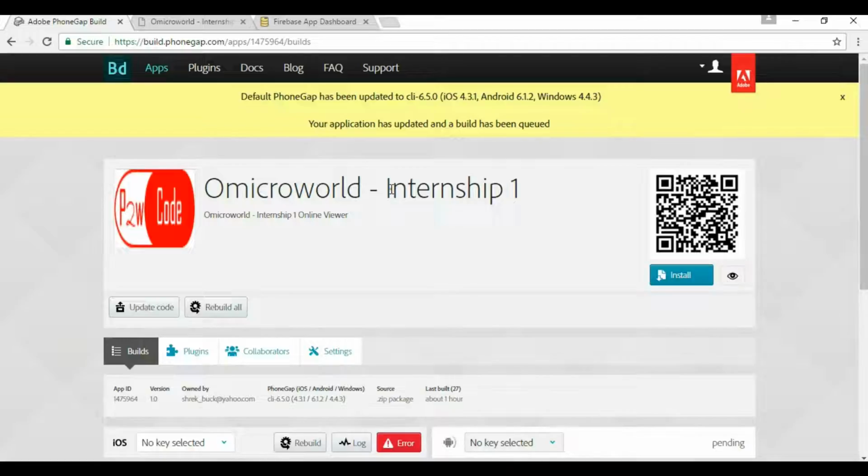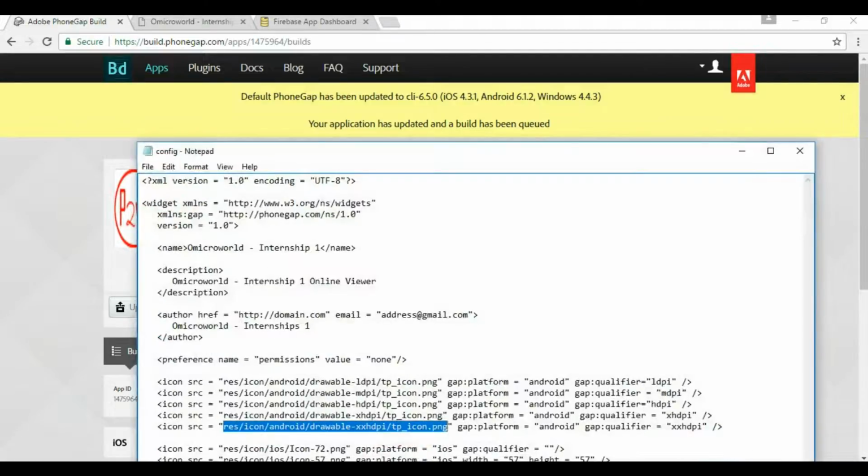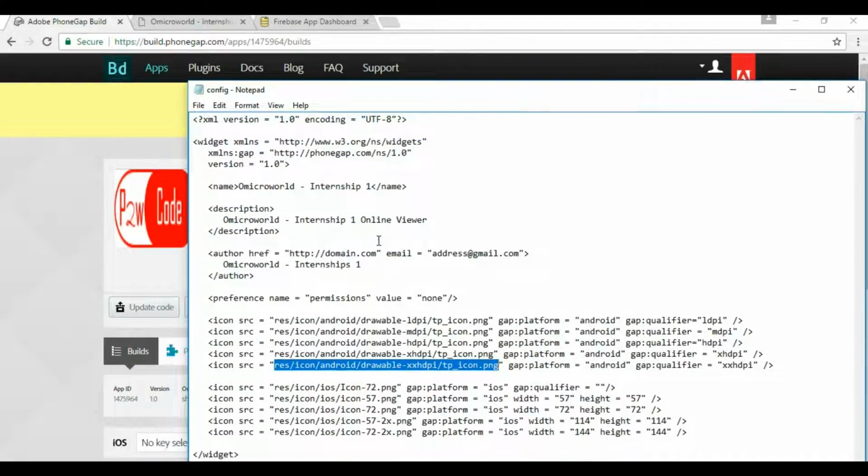As you can see, the name already changed. You can see it here: Micro Internship 1. Now I told you in this config, this is the name here. The name just popped up. As you can see, this is the name here. If you doubt me, we can change this name. It automatically changes. Let's put my name,